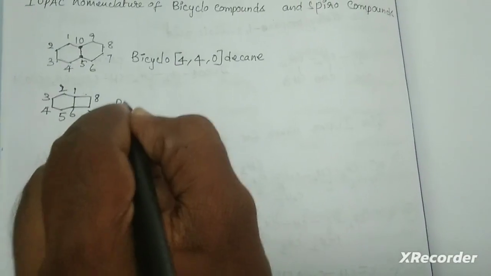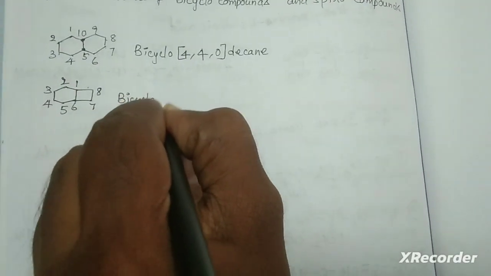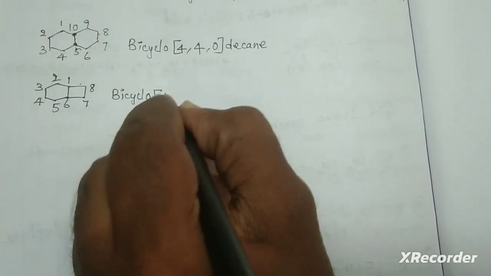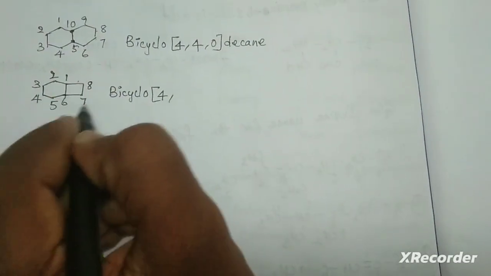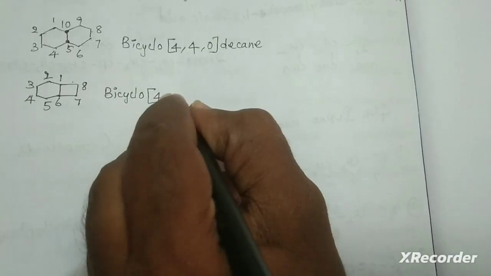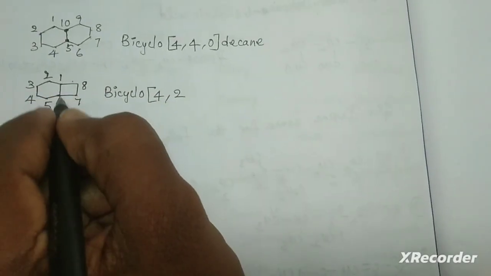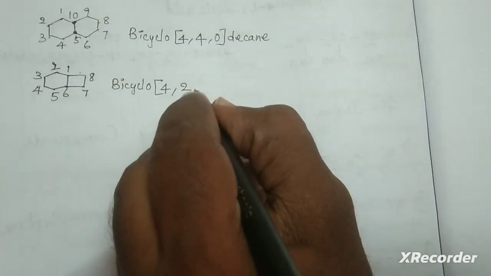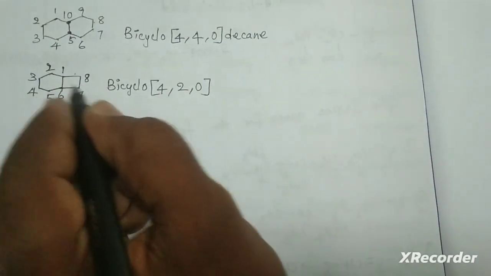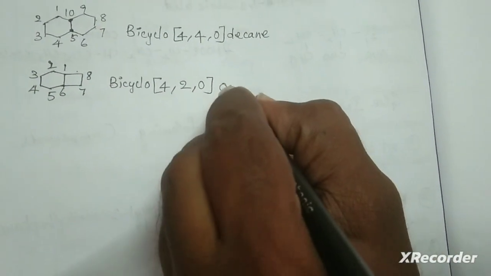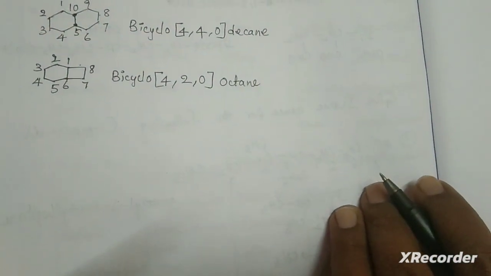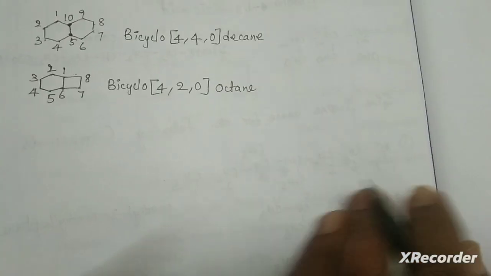So the prefix is bicyclo. In the bigger cycle you have 4 carbon atoms, so in the bracket 4 comma, and the smaller cycle has 2 carbon atoms, 4 comma 2, and the bridge has 0 carbons, so you write 0. In total 8 carbons are there, so you write it as octane. Okay, for example,